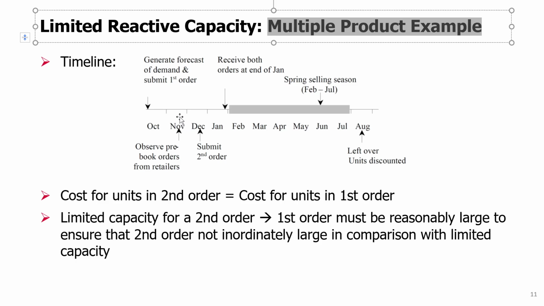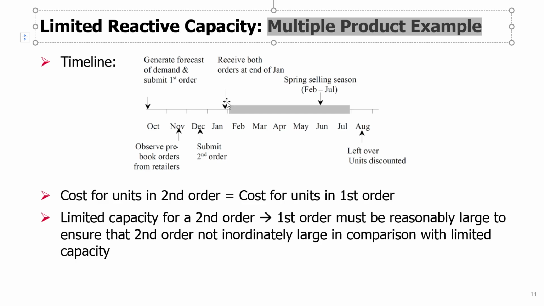And then after a certain period of time, still before the season begins, we will observe pre-booking orders from retailers. So we're now operating, for example, a distribution center where we order products to hold them in the distribution center, from which some retailers purchase their products and then they sell them, right? So after we observe those initial pre-book orders from retailers, we can submit our second order,